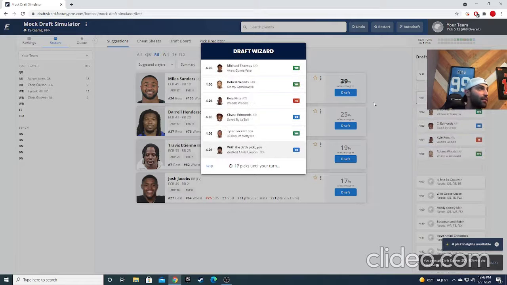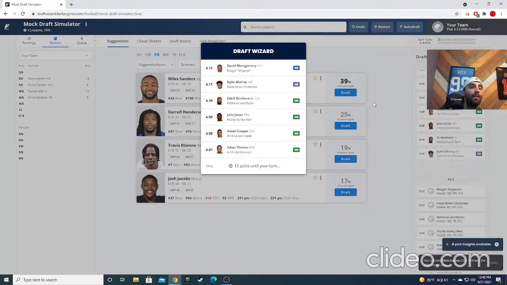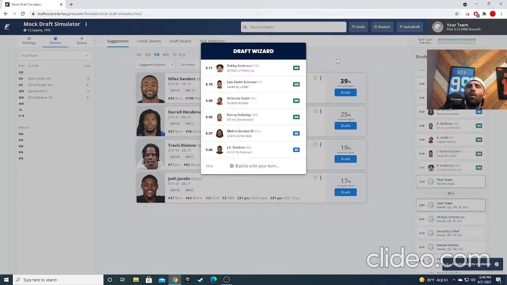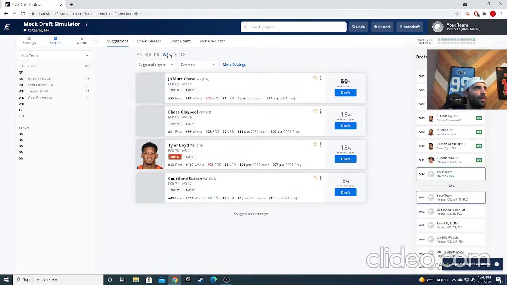Miles Sanders dropping. That's pretty crazy. And let's say you're not as in love with Hockenson as I am. Let's say you are, actually. Let's say we want some more depth. I'm really not going to reach on any of these guys, to be honest with you. I think they all have decent upside, but I think you're going to get about the same value with players in the next round with Jones and Corey Davis. So let's